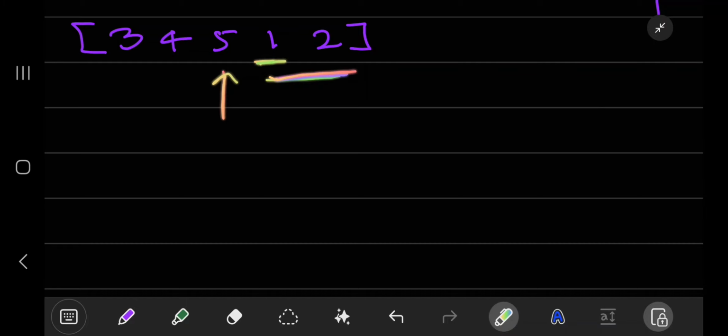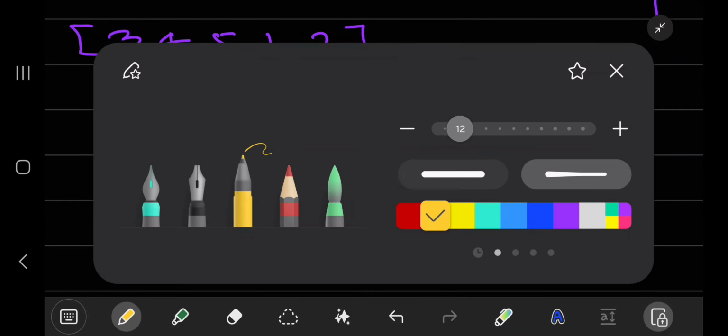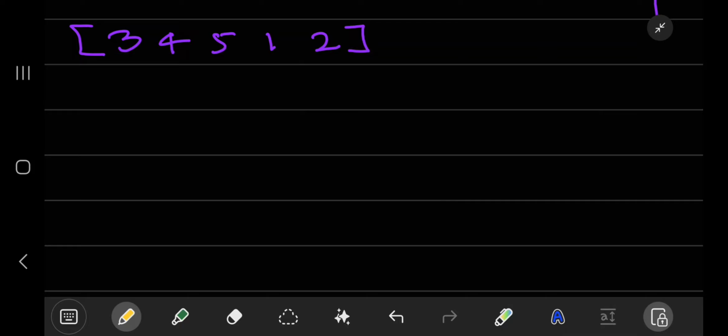from this point to the end of the array, and always check that every element should be smaller than the pivot index value, because this is the largest element before the rotate point. So we have to find that. How can we find it? Its previous element should be smaller, and for example we are here right now and we will check that